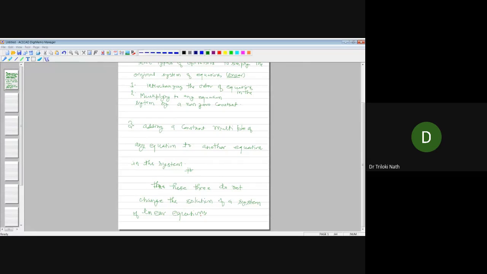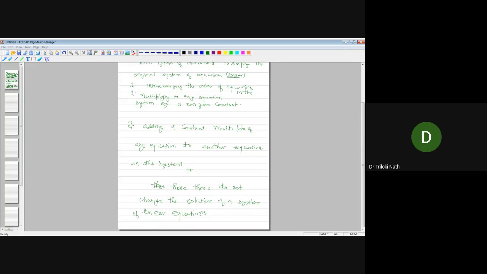Multiplying any equation or dividing by any non-zero number does not change the solution. Already you have seen the second equation was divided by 2, because 2 is common everywhere. So we multiplied by the non-zero number 1 by 2. Same thing with adding a constant multiple of any equation to another equation in the system; it does not affect the solution. Here you can take the zero multiple, but a zero multiple does not add or subtract anything to the equation. So that's why these three operations are also called elementary operations.